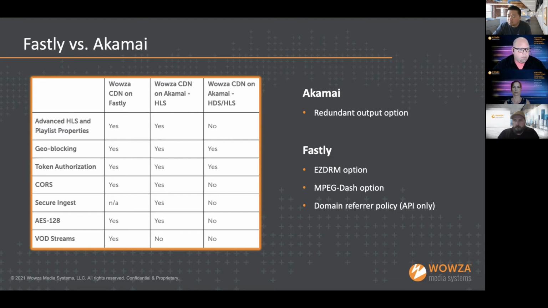Also, there wasn't a lot of advertisement about it, but we can also deliver DASH through Fastly. So if that's something you're needing for set-top boxes or something like that, that is available to you. And then the last thing that I wanted to share with you, if you're familiar with or able to use the REST API: I think in March, we released in our beta, our REST API 1.7 beta, the ability to set in a domain referrer policy.